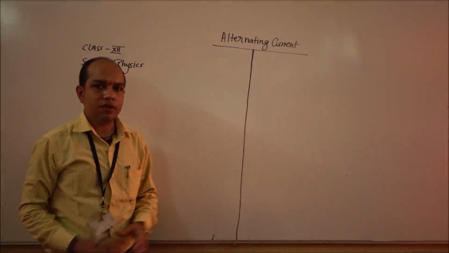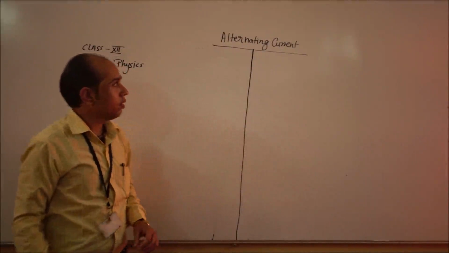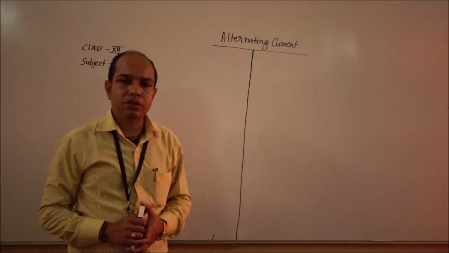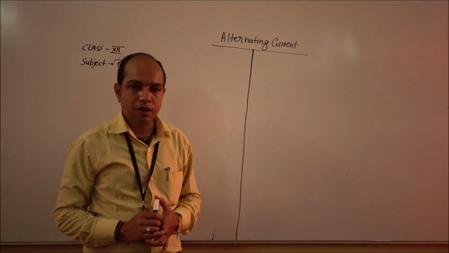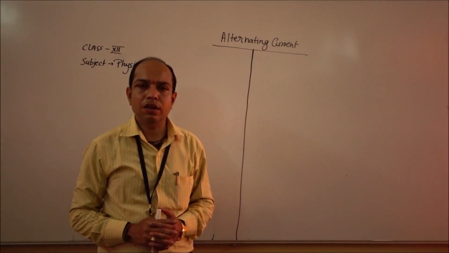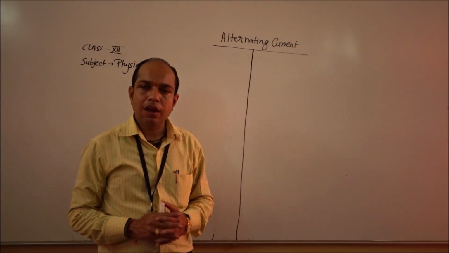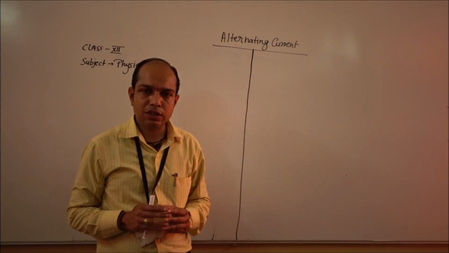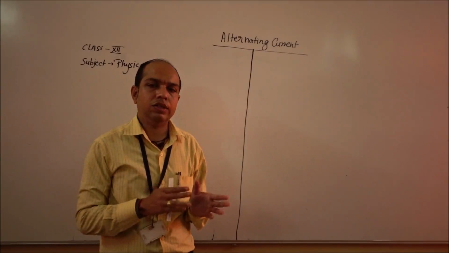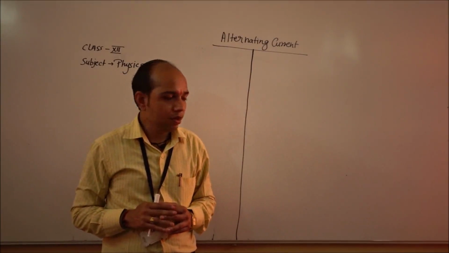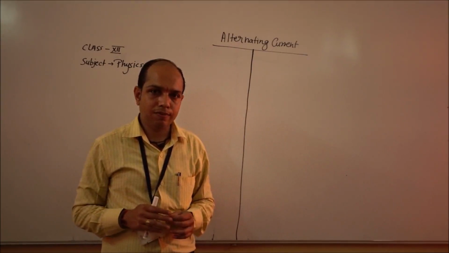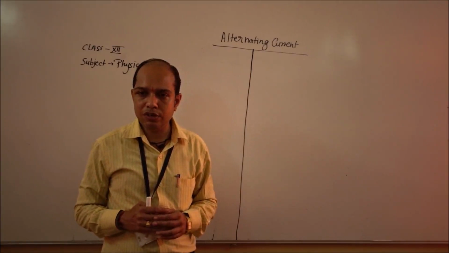Students, today we start with alternating current. Today's topic is the behavior of electronic components through AC. There are so many electric components like resistance, capacitor, inductor separately, and their combinations also, like resistance with capacitor, resistance with inductor, or resistance, inductor and capacitor. So what is the behavior of alternating current through these components? What is the variation of current and voltage?